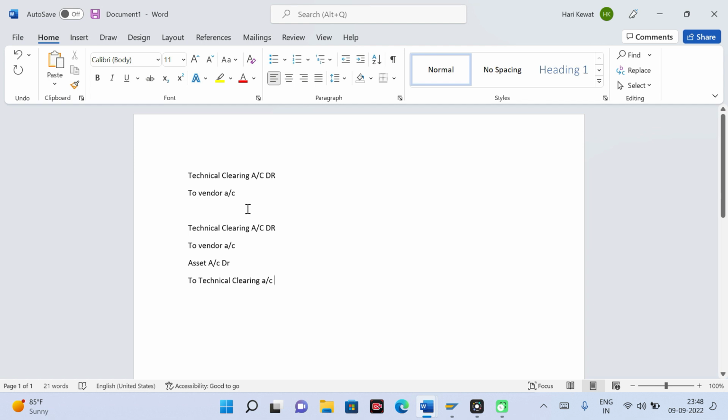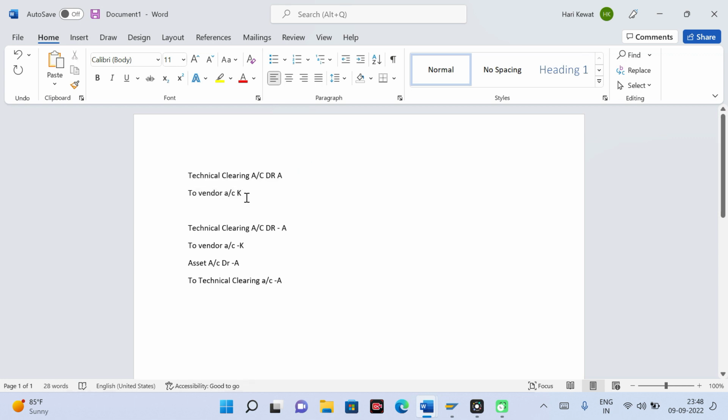So in this you have account type K, this is account type K, this is account type A, account type A, account type K, account type A, account type A. So in this scenario, in asset posting, you have two account types. One is your account type A, another is account type K. So for both it will check.